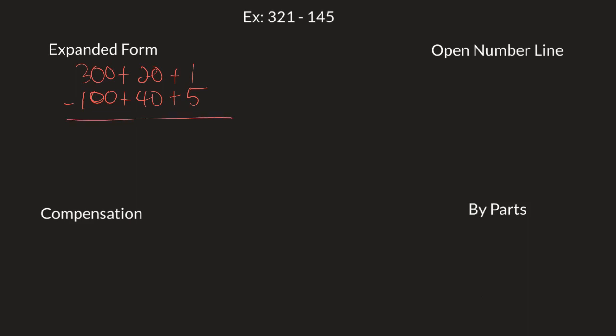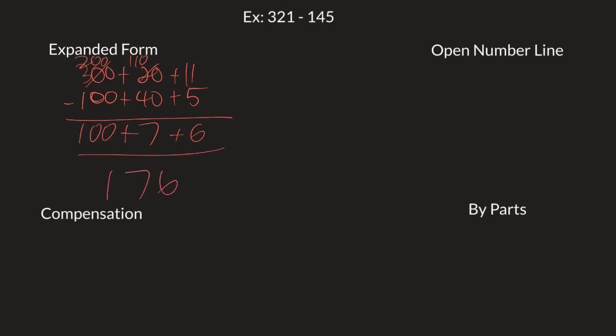And here you would have all your place values. You'd be able to borrow. And you would borrow from here, that's 200. That'd be 110. And 200 minus 100 is 100. And you add that all up, and you get